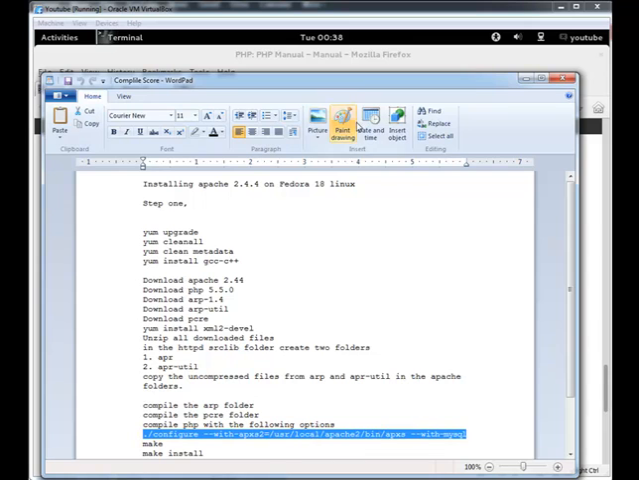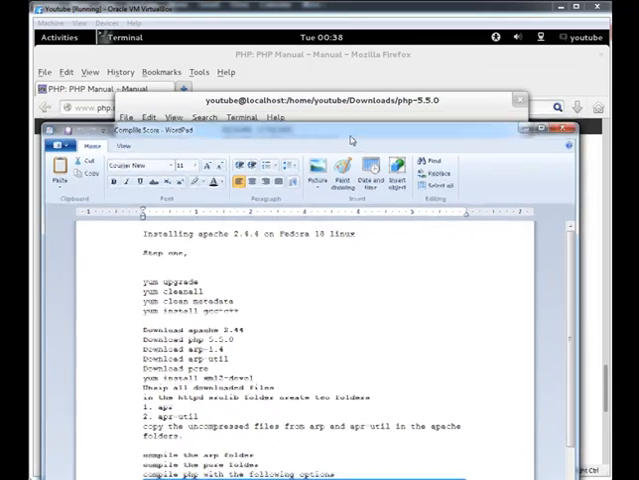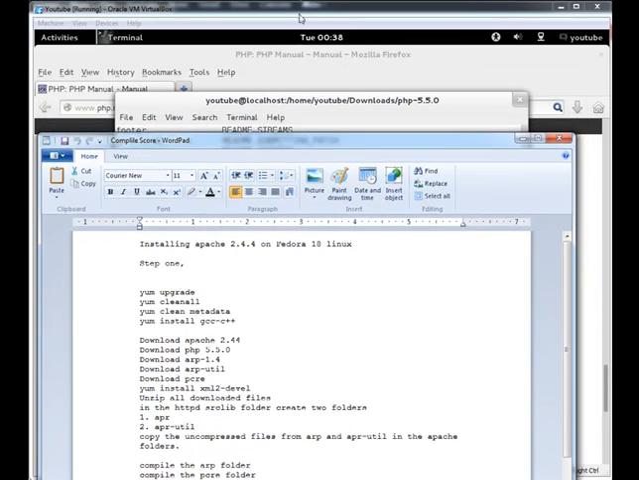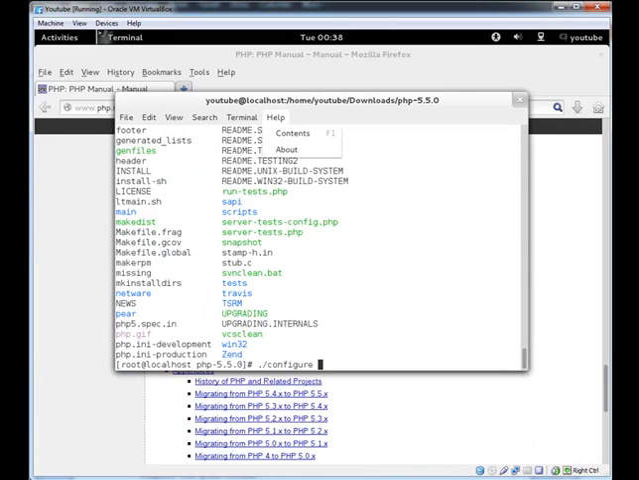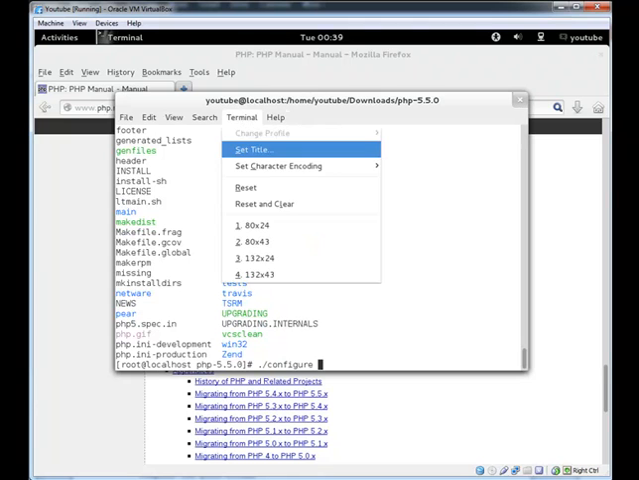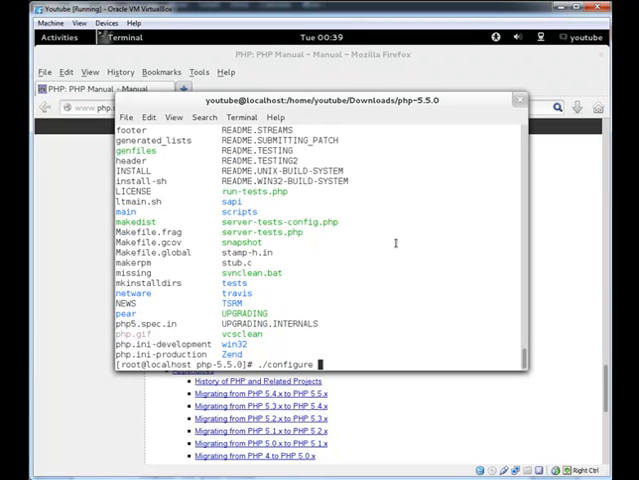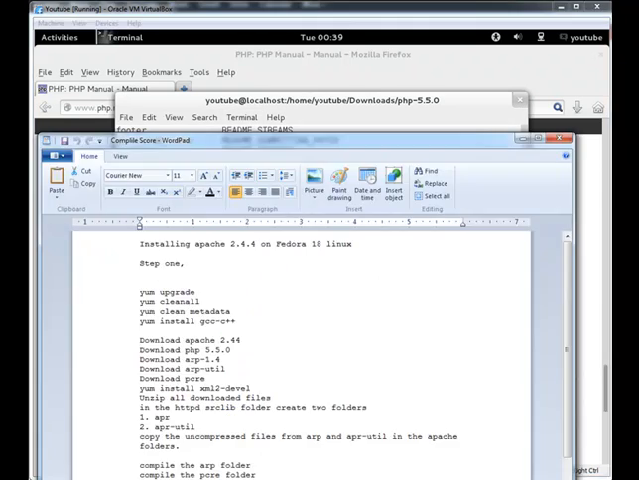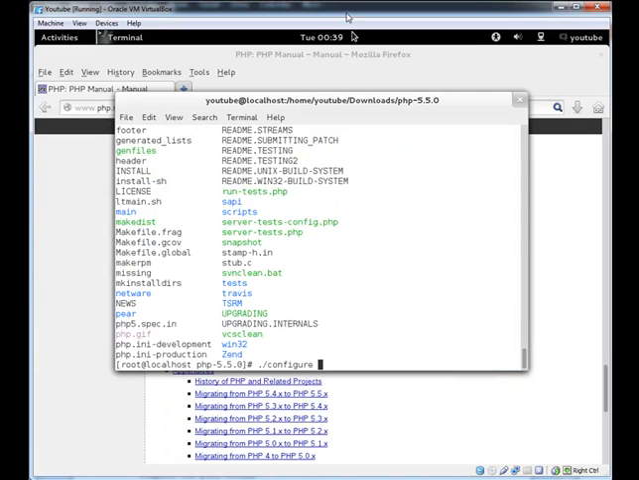Can't paste it in there, so here I need to bring this up down here at the bottom so I can type it in. Excuse me, it's going to be just out of your view. Configure dash with, there we go, configure with dash